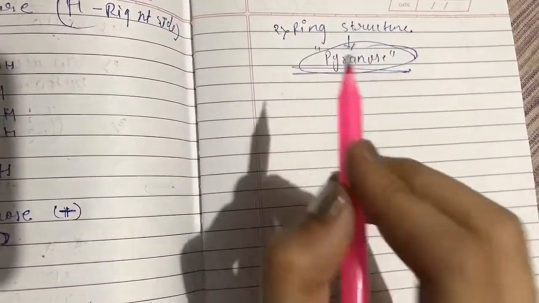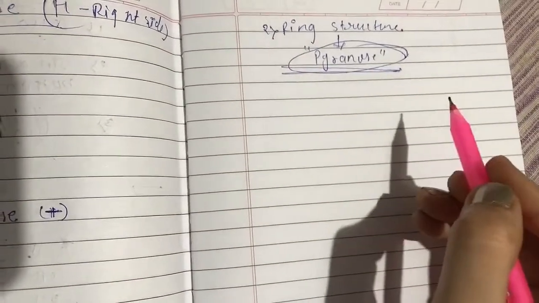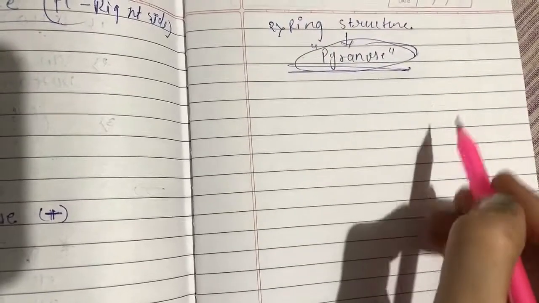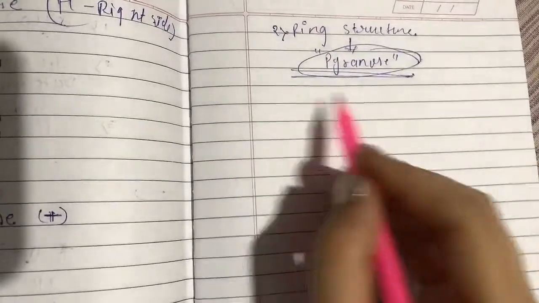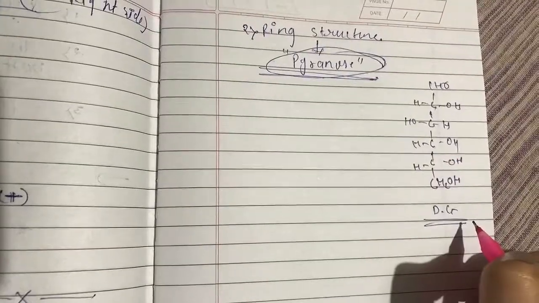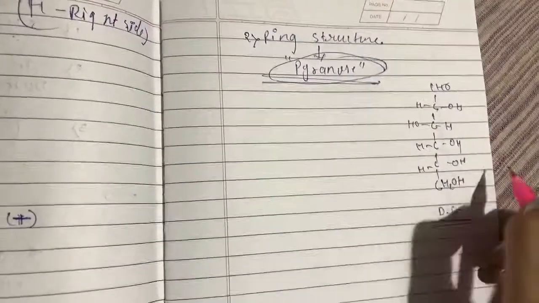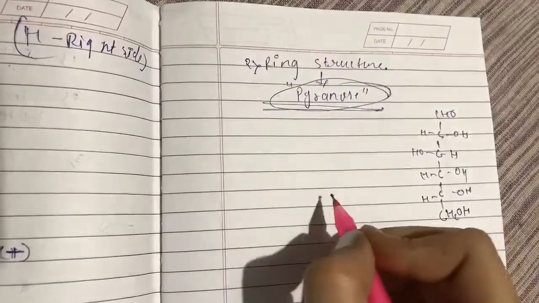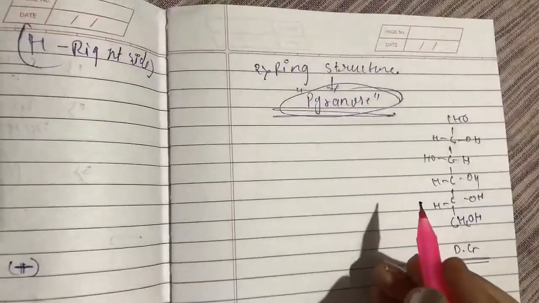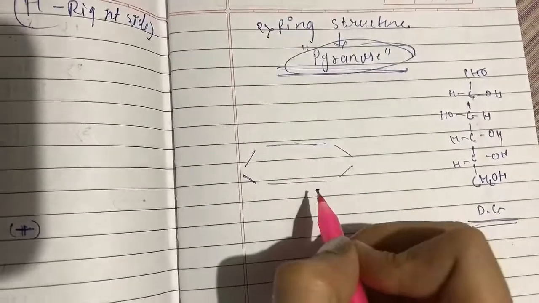And for drawing the ring structure of glucose, we have to keep in mind the dextrorotatory glucose. That means the open chain dextroglucose structure we have to keep in mind for drawing our ring structure. We'll draw dextrorotatory glucose over here. Okay, so this is our dextroglucose. Now we'll make our ring structure over here. So the basic step of drawing ring structure is you have to first make a rough benzene ring. Okay, so this is our benzene ring.